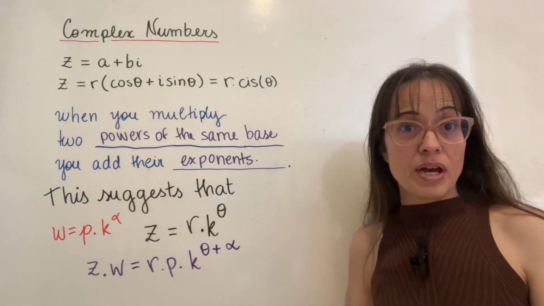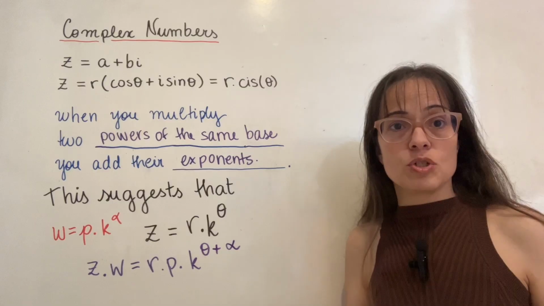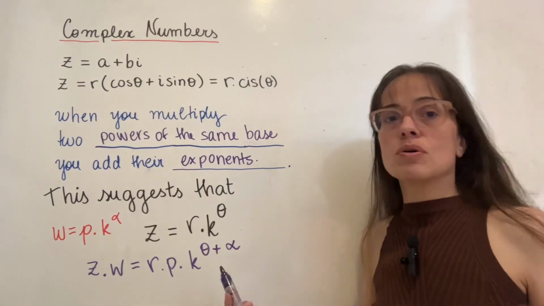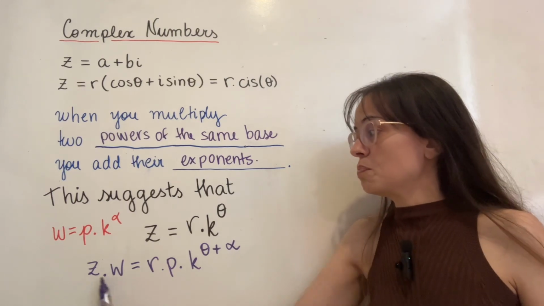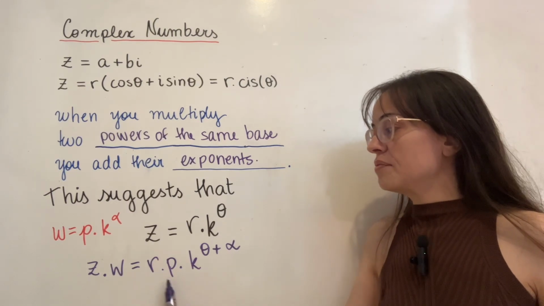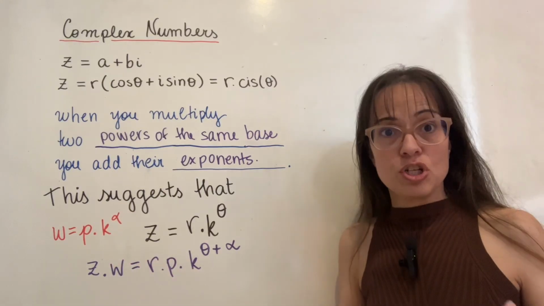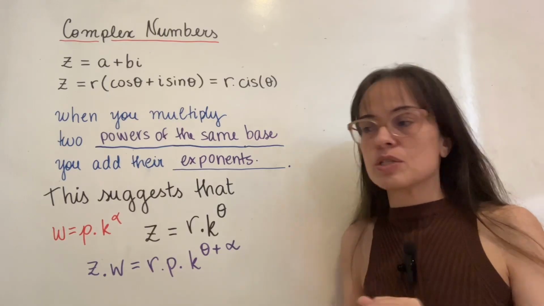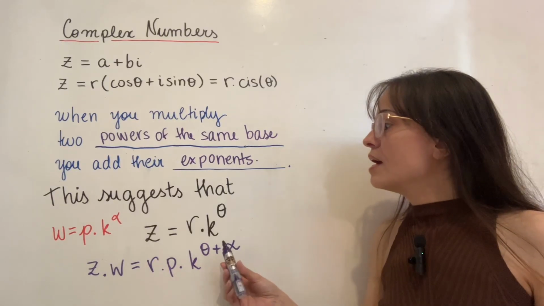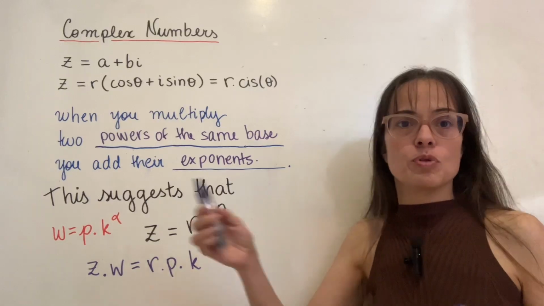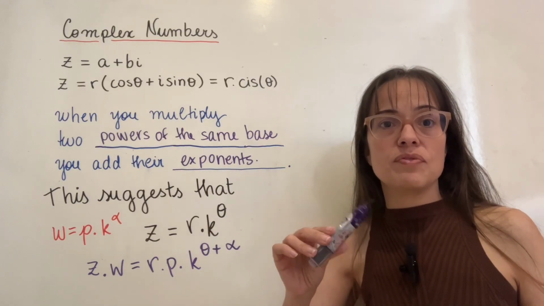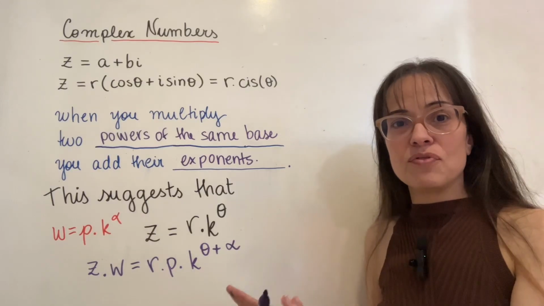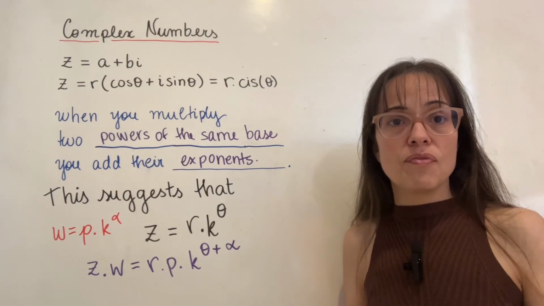So if this is correct, if complex numbers can actually be expressed as a power of some base k that we're going to figure out later, then everything else works as it should, because when you multiply two of them, you are multiplying the radius, the r and the p, which, like we were talking about in the first video, is two stretches, one after the other. So that's multiplication, that's working. And you're also adding the exponents of this base, which again is the adding of the angles of the two complex numbers. So let's go ahead and figure out, if this works, then what should the value of the base